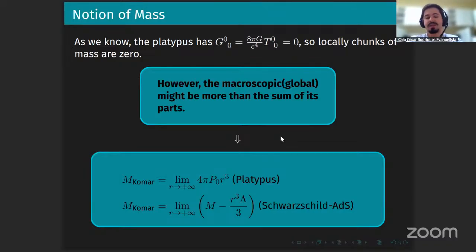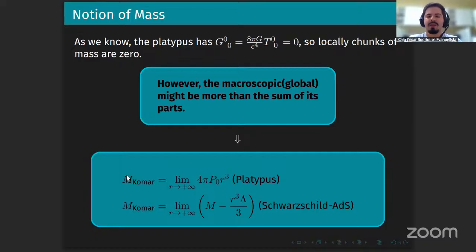You could ask, if you calculate the Komar mass, the notion of a Komar mass in this, what would you get? Well, the answer is that you get this expression right here. So the mass kind of diverges. And this is a question that we've spent months trying to answer, actually. And it's not that simple, because